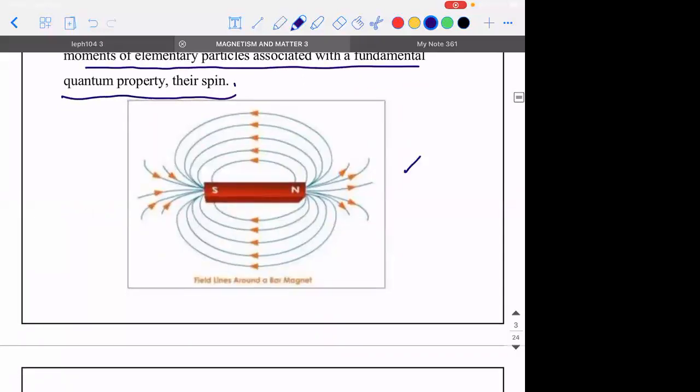Okay. And this is another fact which you already know. So if I take a point 1 here and point 2 here, if I ask you which point is having greater strength of magnetic field intensity, what will you say? Obviously, 1, sir. Obviously 1. How did you say that? Because field lines are close. What number of field lines? Because of the field line density, you can say that.